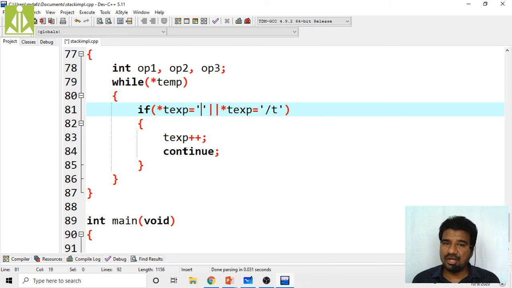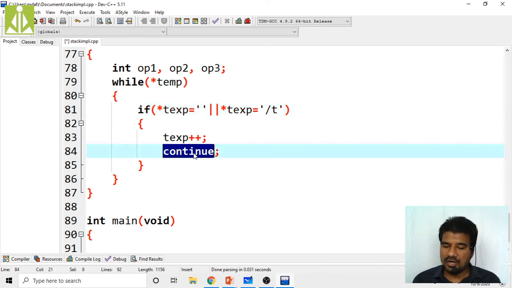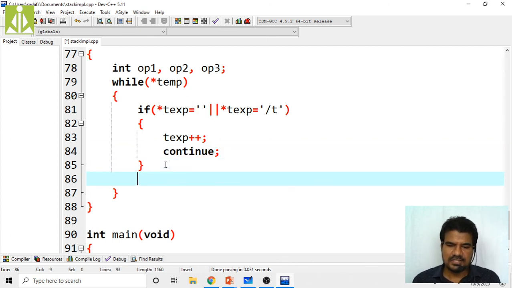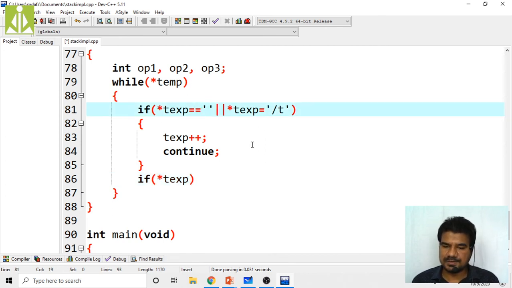Break and continue we discussed. Continue will terminate the current iteration and jump to the next iteration. So if our star TEXP, because it is a pointer, to get the value we have to use star TEXP, if it is equals to, here we have to put double equals. Yesterday also I made this mistake only.